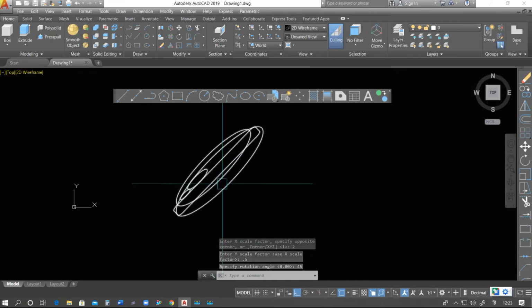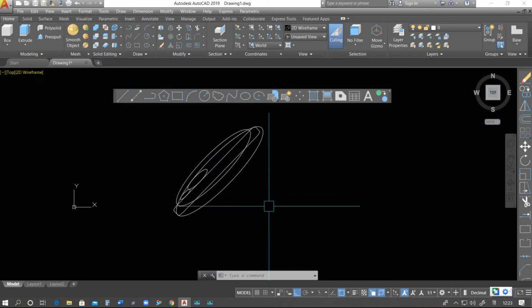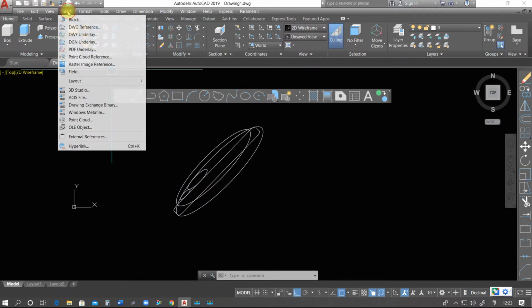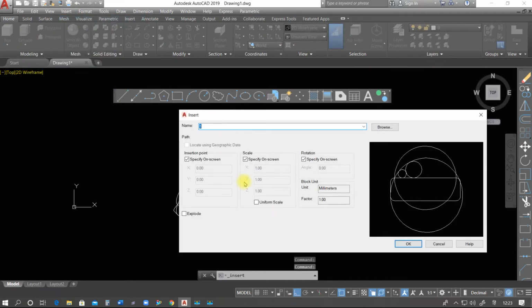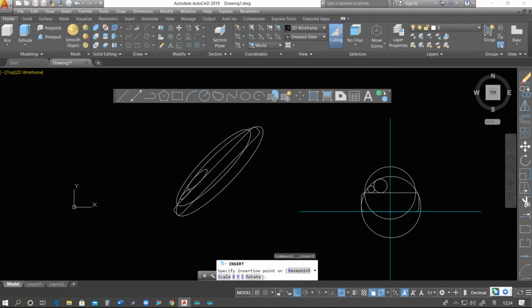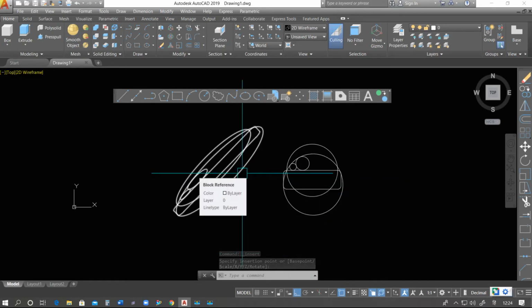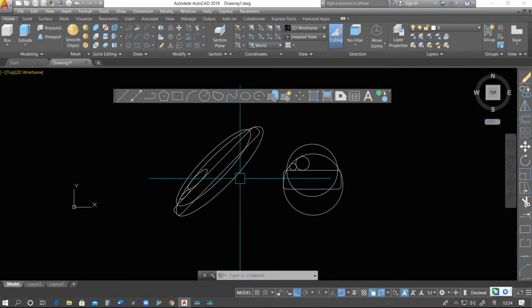What happened? It has completely deformed. If you want to see the original component of the block, again select here block. Yes. Now I'm going to uncheck this one because I don't want to change the scaling factor along x-axis, y-axis and z-axis. I'm going to uncheck this one also, and okay, we see this is the original one, and this one has been modified. So this is the use of block. With the help of block we can manipulate.